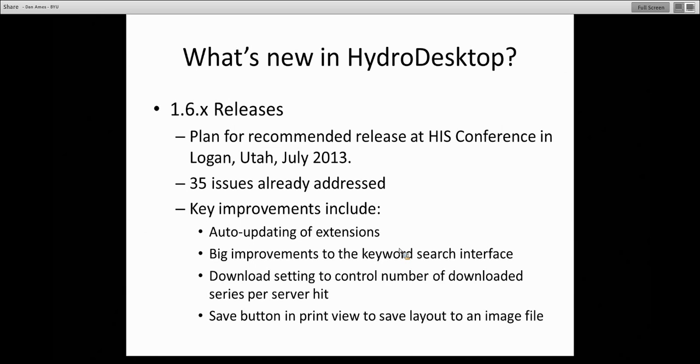In the meantime, we are releasing experimental 1.6 releases. To get to those, you just have to get on the HydroDesktop website and register your name, and then you'll be able to see in the downloads the hidden releases. You click hidden releases and you can see 1.6.2 or 3 up there, which is the current experimental. We've hit 35 issues already, and a number of key improvements that are coming along that we're quite excited about